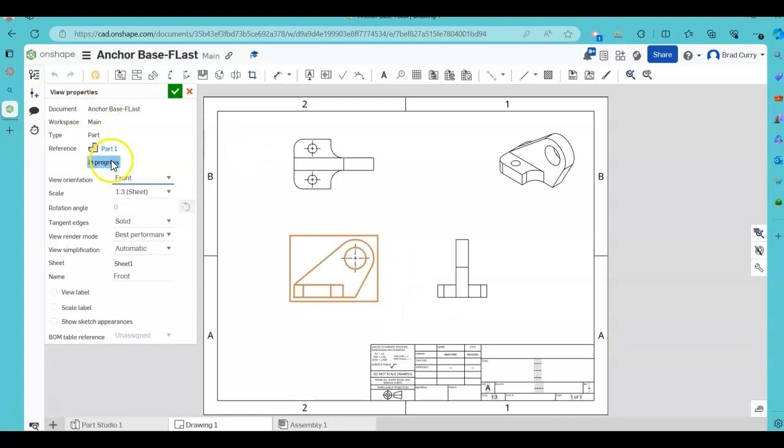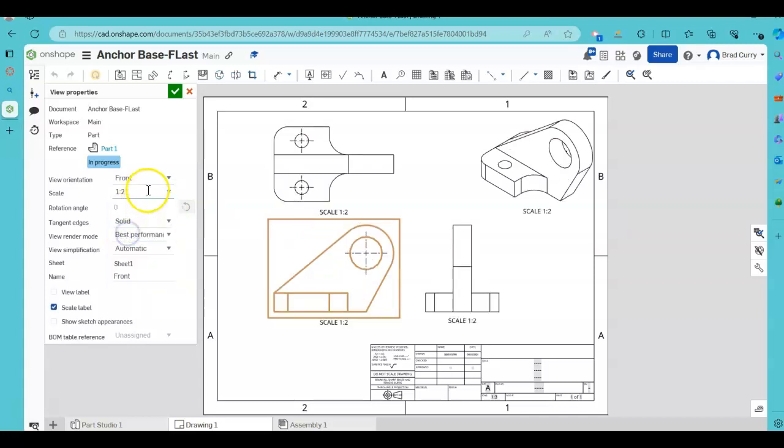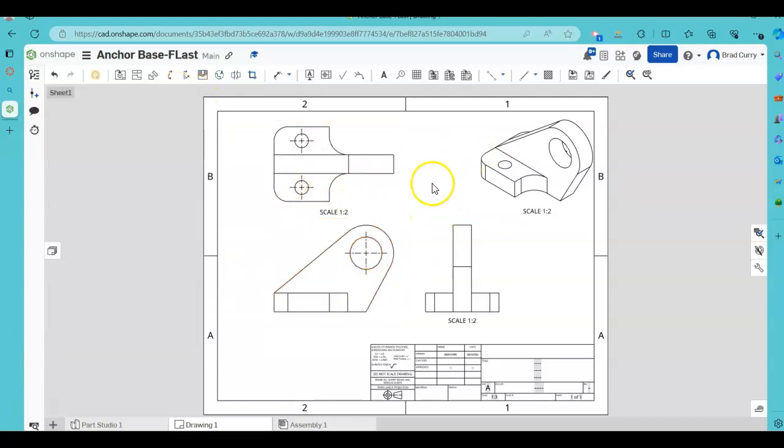Now, I get a pop-up window here and notice the scale that's shown. So I'm going to change this from 1/3 scale. I want to make this part a little bigger on the sheet. So I'm going to go to 1/2 scale. Now, notice I'm getting this scale label on there too. I don't want that. So I'm going to click that check mark to take that off of this view. So place my check mark. Now,